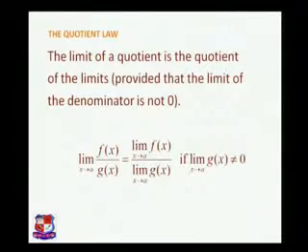And in the same way for the quotient, limit x tends to a of f(x) upon g(x) is equal to limit x tends to a of f(x) upon limit x tends to a of g(x), given that limit x tends to a of g(x) is not equal to 0, because if limit x tends to a of g(x) is equal to 0, then the denominator becomes 0, so that limit will not be defined. So we cannot take limit x tends to a of g(x) equal to 0. So if limit x tends to a of g(x) is not equal to 0, then limit x tends to a of f(x) upon g(x) is equal to limit x tends to a of f(x) upon limit x tends to a of